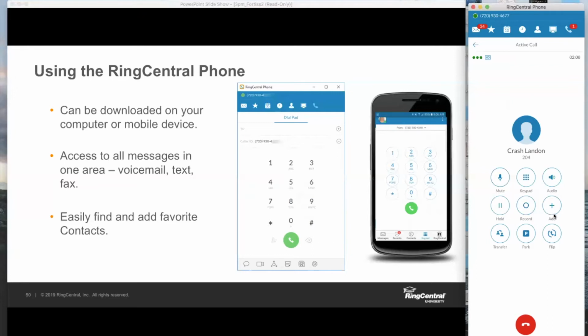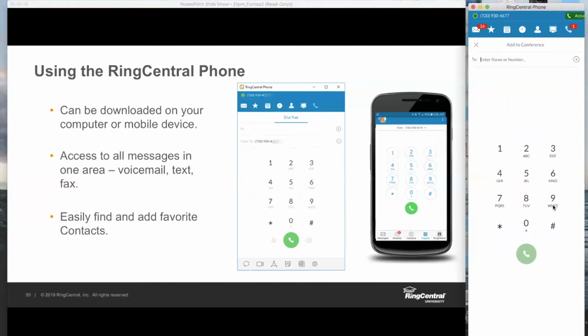How does that work here on our desktop application? Well, if I just press add, again, we're going to imagine we're on the phone with Susie and I want to bring Luke into this call. I press add, and notice at the top it says enter name or number. So I don't even need to know Luke's phone number or his extension for that matter. I can simply type in his name. There we go. Click him. And now I'm good to go to actually start calling him. Now, what this is going to do is essentially do the same underlying behavior, right? So it puts Susie on hold